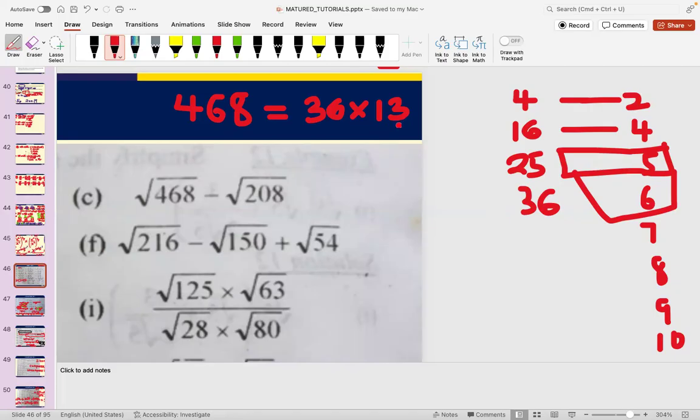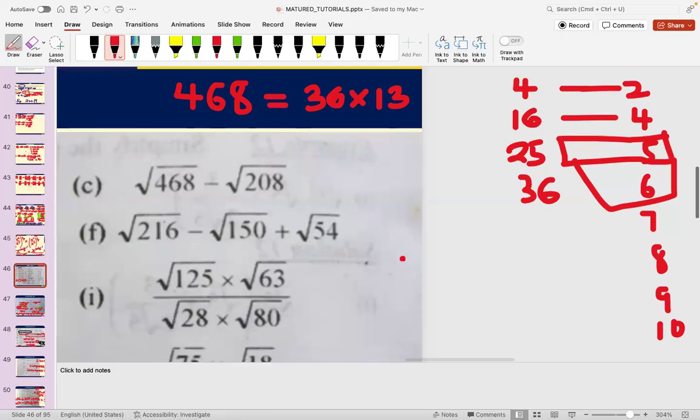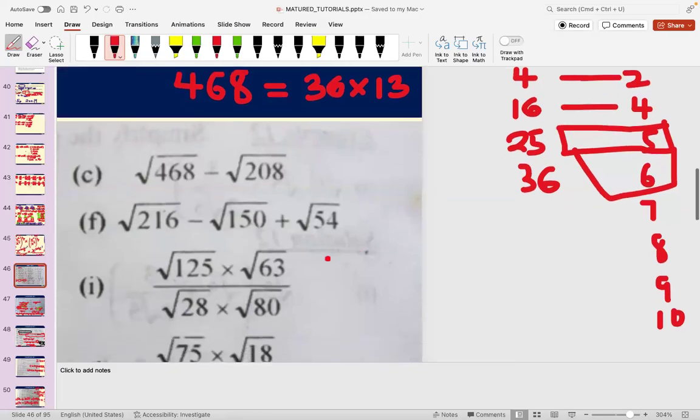Okay, he had 13. That means that there was no remainder. 36 times 13 will give you 468, in which you can find the root of 36. So once he had this one, then life becomes easier now. 468 becomes root of 36 times 13